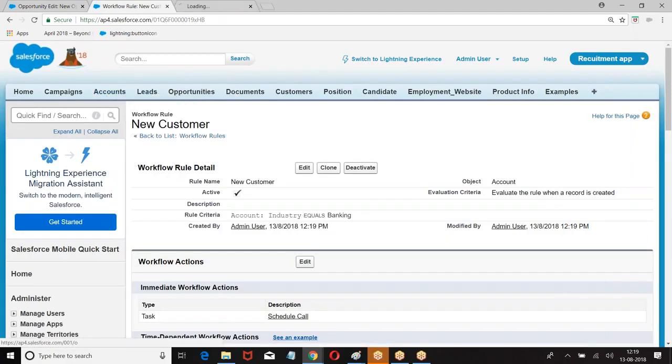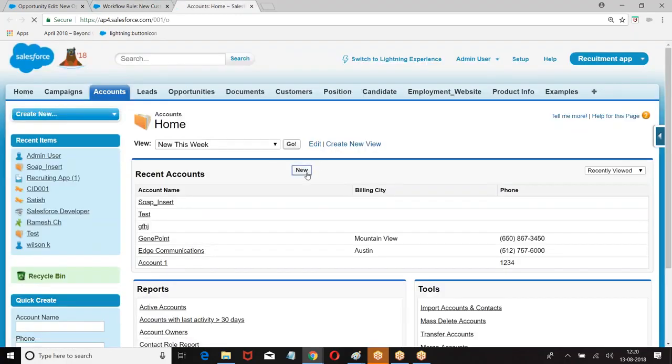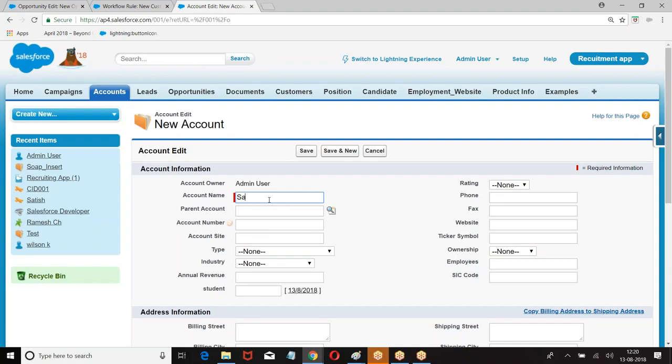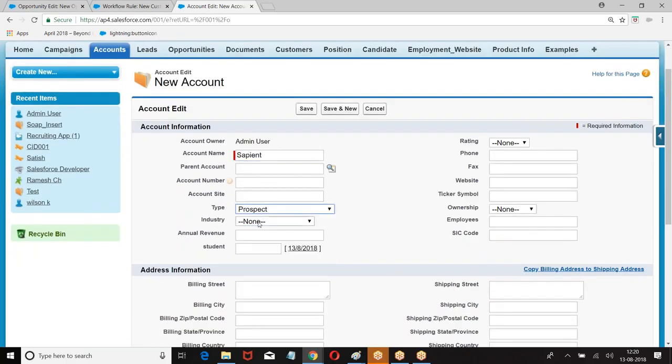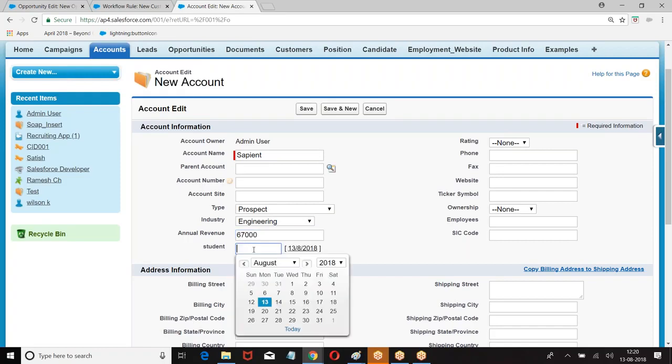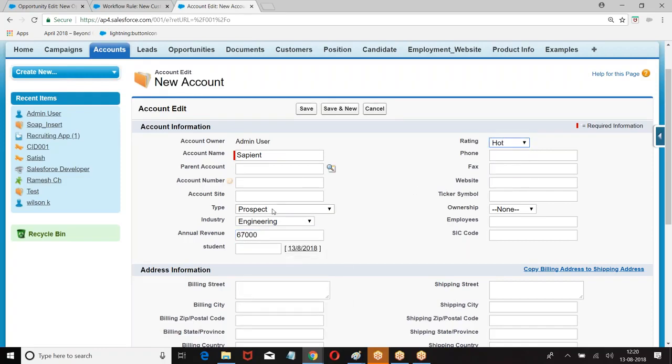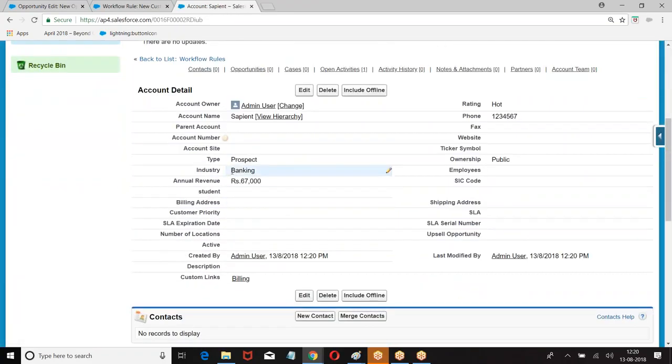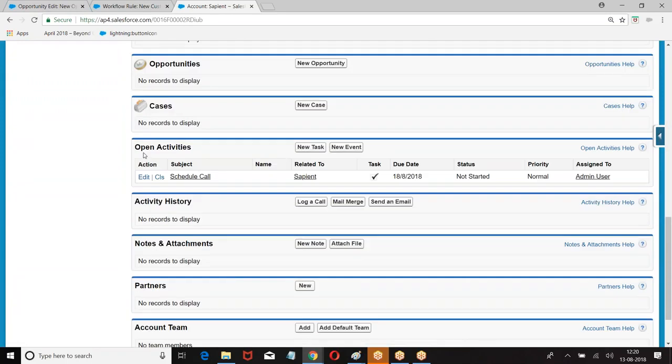Go to the account object. Sapient. So whenever a new record is created with industry equal to banking, then look at this.